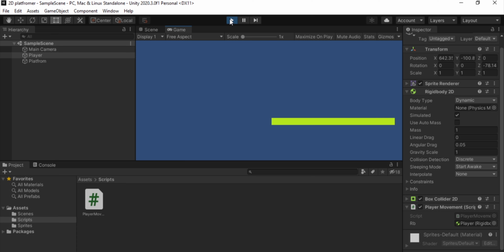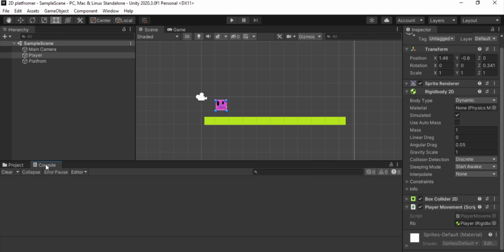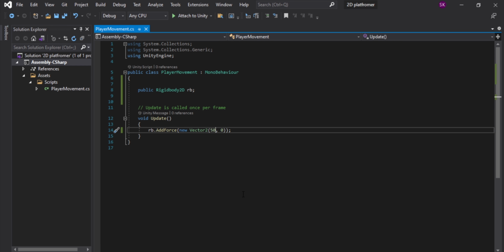However, even though our game currently runs just fine and we get no errors in the console, we do actually have an error in our code. If we go back to Visual Studio, we can see that everything looks just fine. But there's one problem, and that is if this method is called once per frame and we add a fixed amount of force each frame, how much force we add over a second is actually going to totally depend on our frame rate.